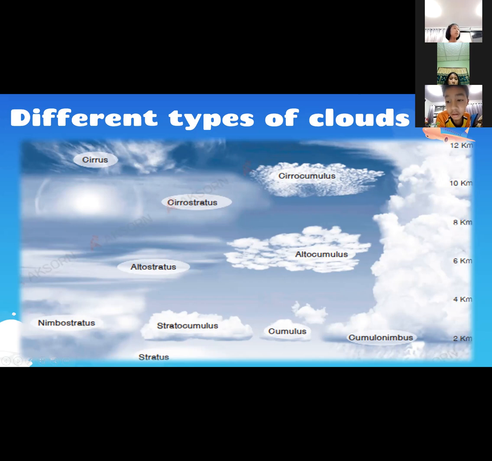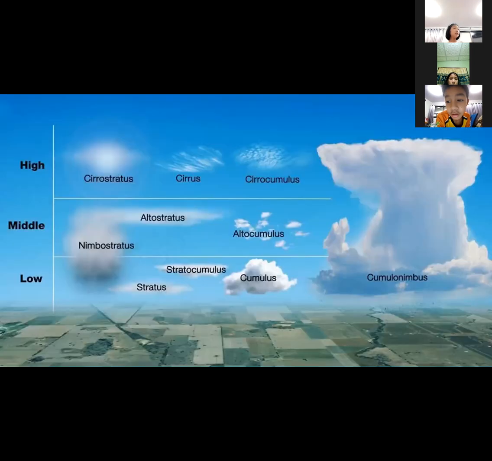Let's have these different clouds again since you don't remember them. Here we have the different levels: the low level, the middle level, and the high level. They are at different altitudes. When we say altitude, we mean different heights in the sky, in the atmosphere. In the high level, we have the cirrostratus, cirrus, and cirrocumulus.